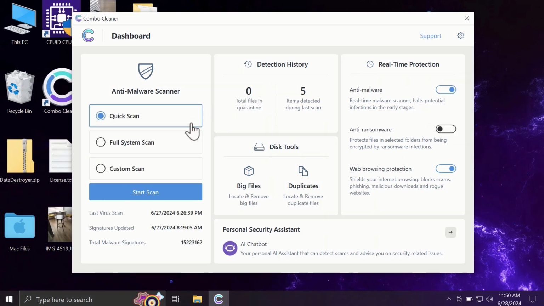So after you have successfully downloaded and installed Combo Cleaner, the software will be initially in the trial mode, and only quick scan option is available in the trial mode. The full mode includes full system scan and custom scan, but as I said, in the trial version only quick